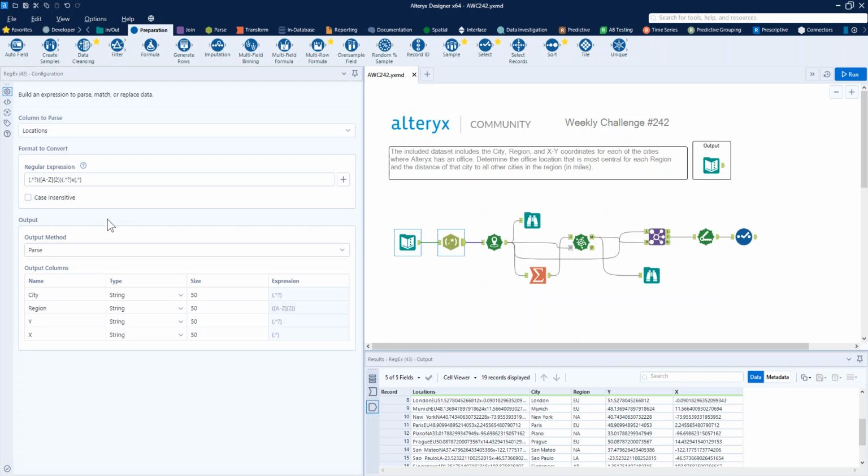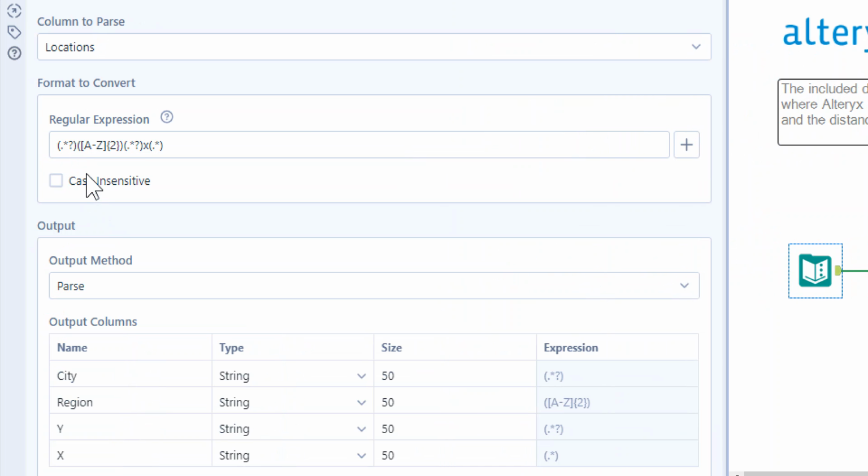So let's take a look at the expression. Let's have a little zoom in there. And we'll see that we've got 4 capture groups. It's not very clear, not very easy to see. But basically we're saying take anything up until 2 capital letters. So 2 capital letters, it's the first thing that we want to get out, really. So take anything before those 2 capital letters, then take those 2 capital letters, and then our x and y